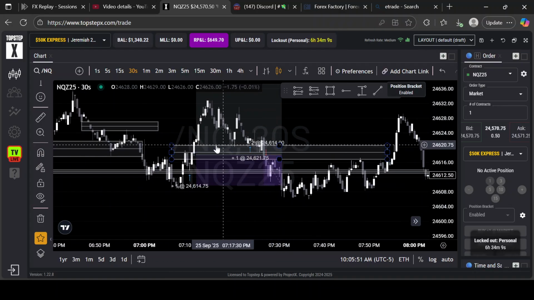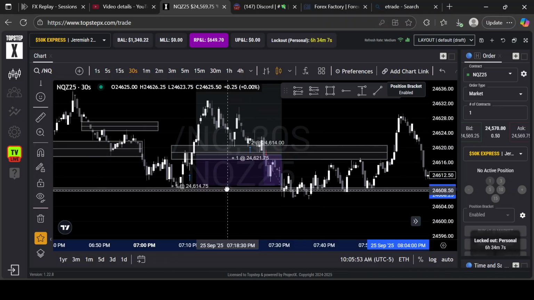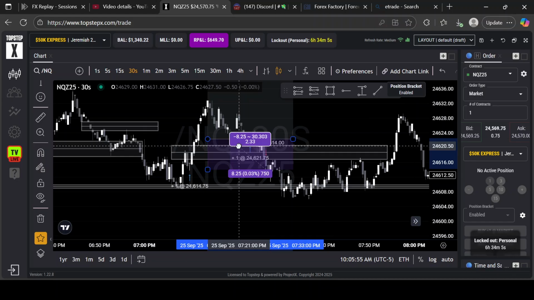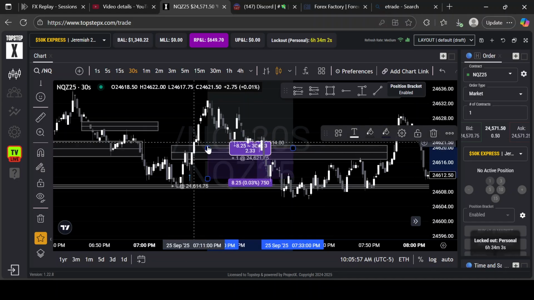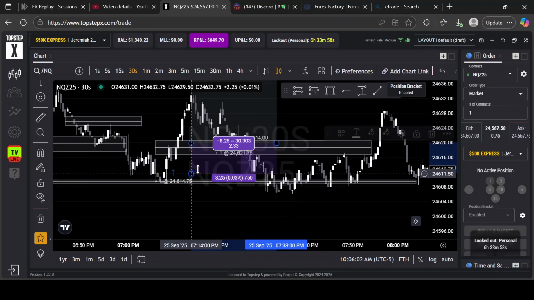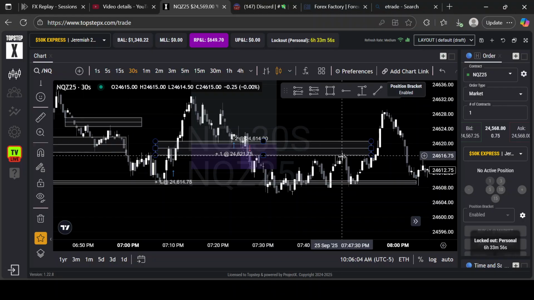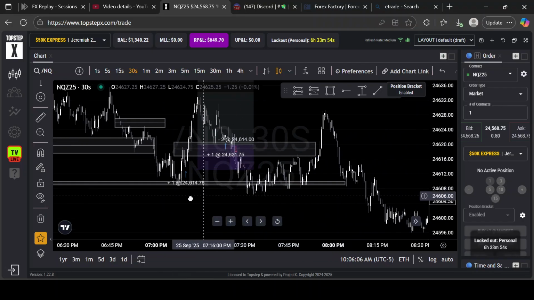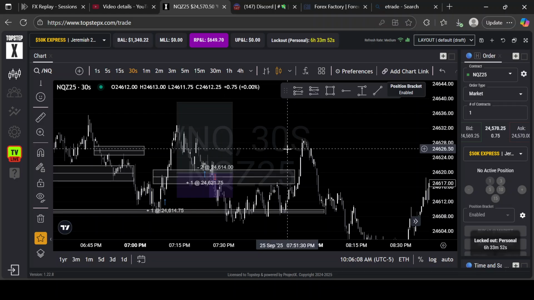But since I added another position, my average entry moved from down here to somewhere around here, and it made me get stopped out. I think I lost about 250 on that trade. I was only risking about 250 because my buffer was so small. When I took that loss, I think my buffer was at 400.